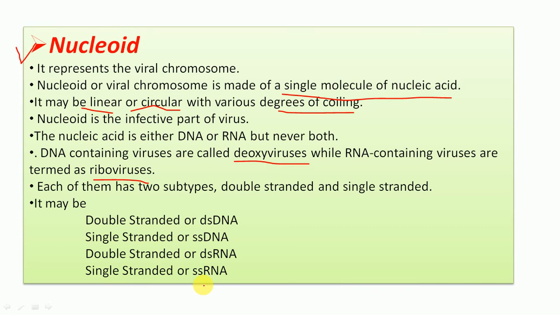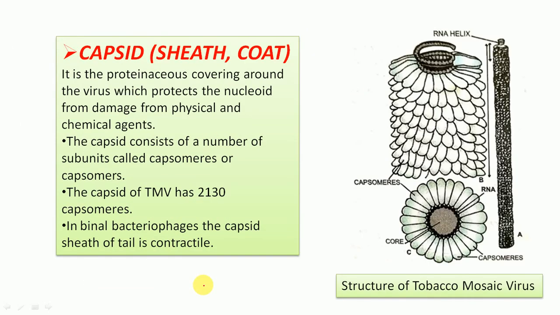And when we talk about single stranded RNA, these are the riboviruses, and they are present in linear form, and they cause foot and mouth disease, influenza, or tobacco mosaic disease. Then the double stranded RNA viruses are the reovirus or the tumor virus, and both are in linear form.